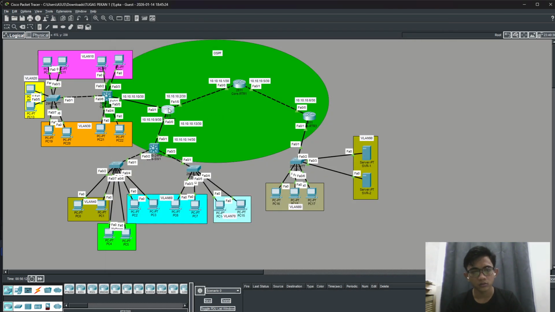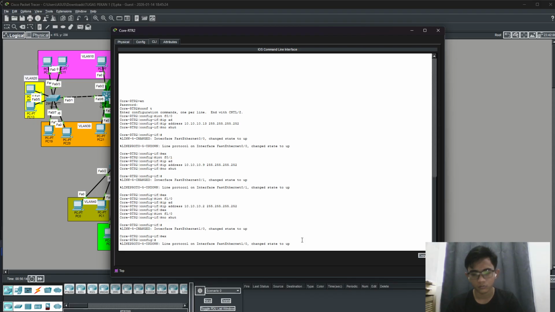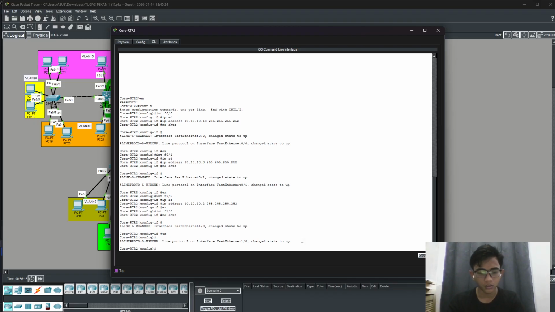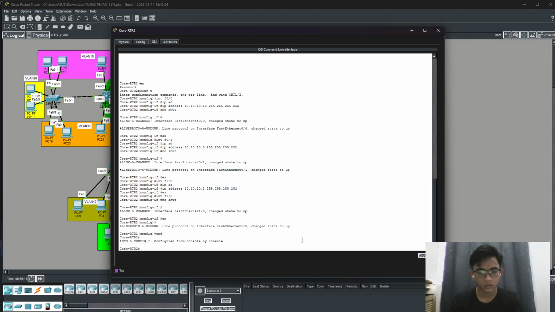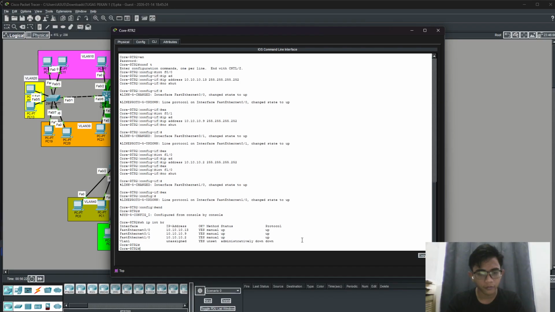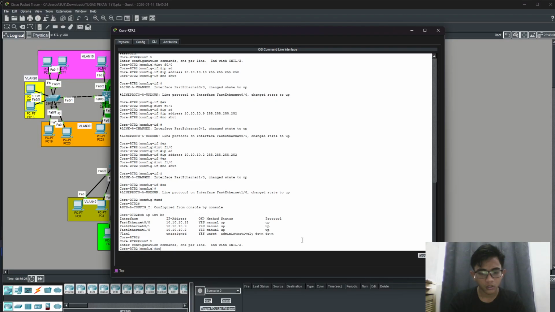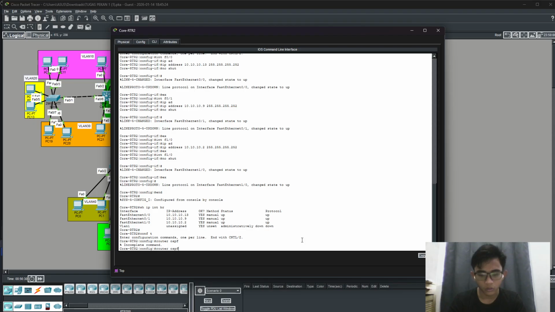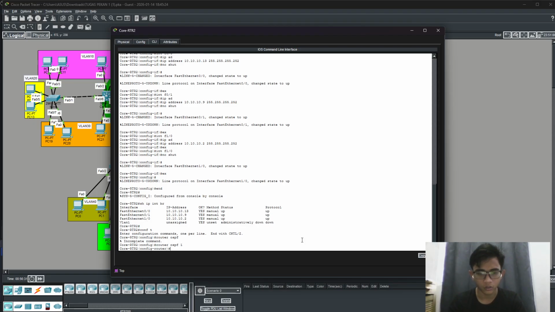Okay, finished in here. Next, IP interface brief. Okay, configure terminal, router OSPF 1. Don't forget to make the ID.